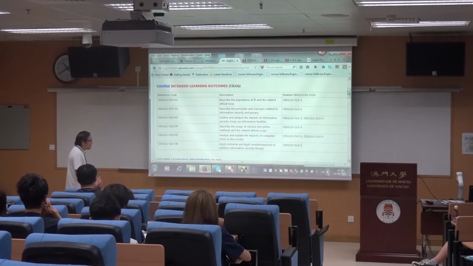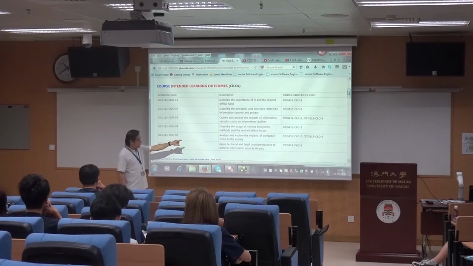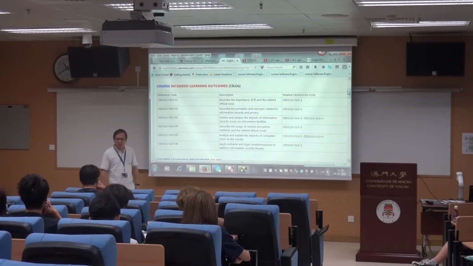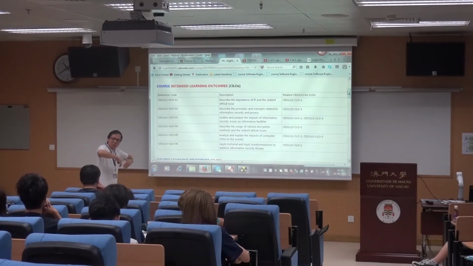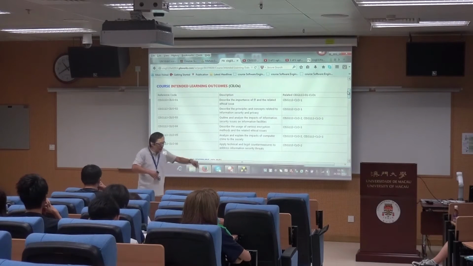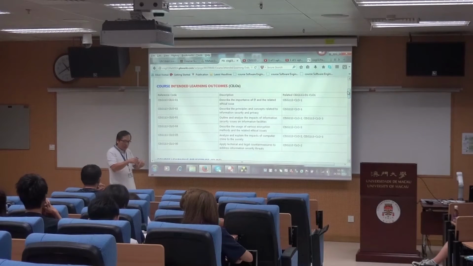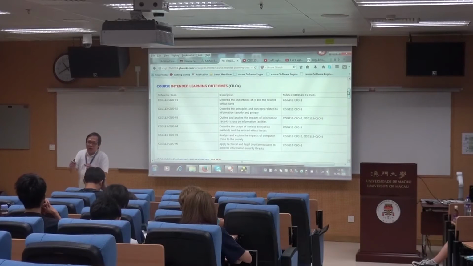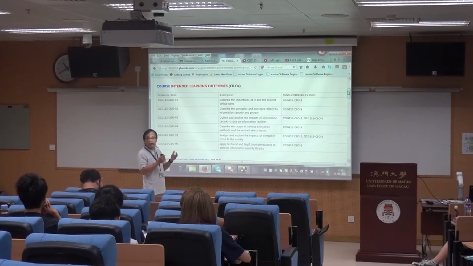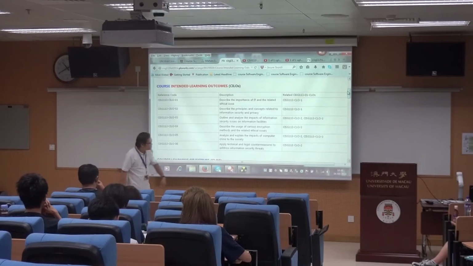And then silo number 5, analyze and explain the impacts of computer crime to the society. Now again, analyze. We talk about outline, create a framework of ideas so that people understand what you want to talk about. Analyze is once you have the framework of ideas, you get into each individual idea and look at it from different angles, put in some information and come up with some conclusions, and that is analyze. But explain means now that you have all those things done, tell me in a very simple manner, what does it mean? Explain. Tell the story in a very simple manner with reasons, with justifications, the impacts of computer